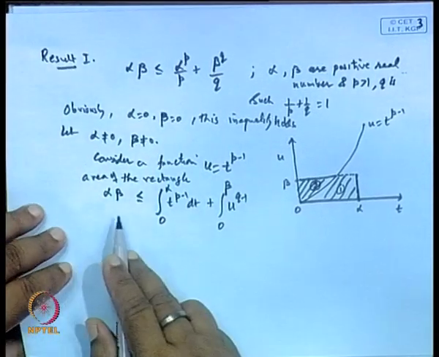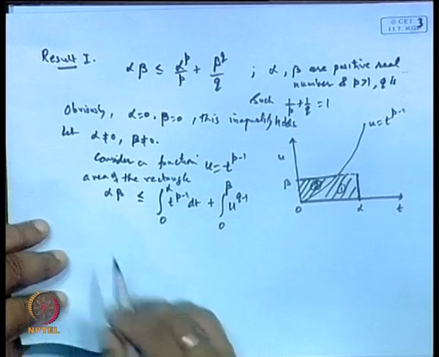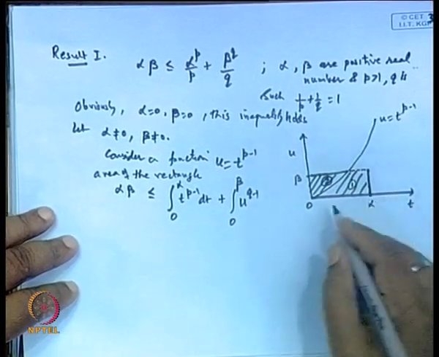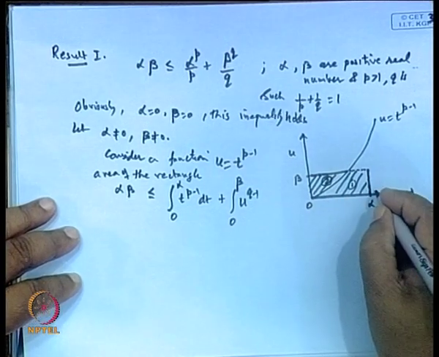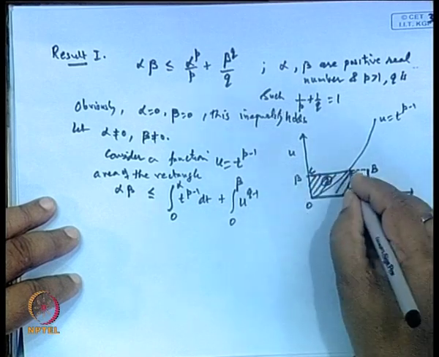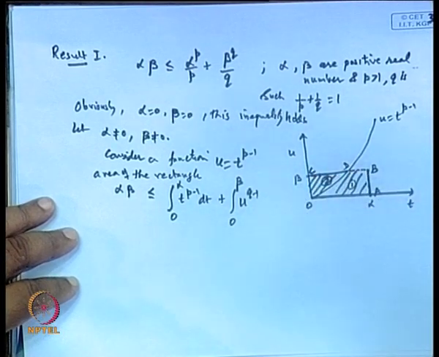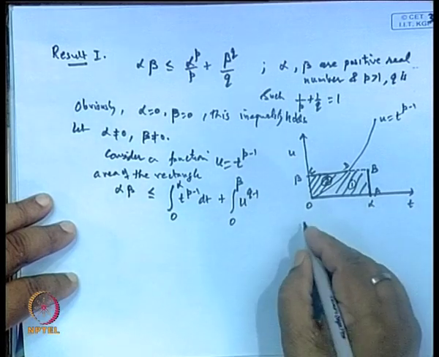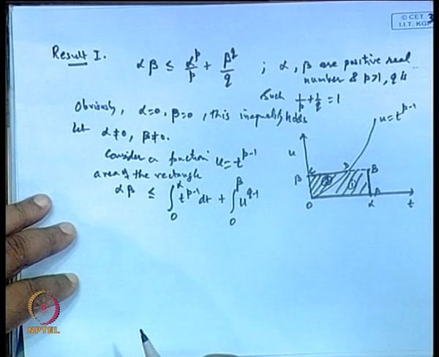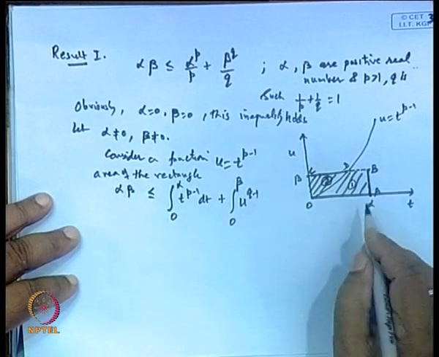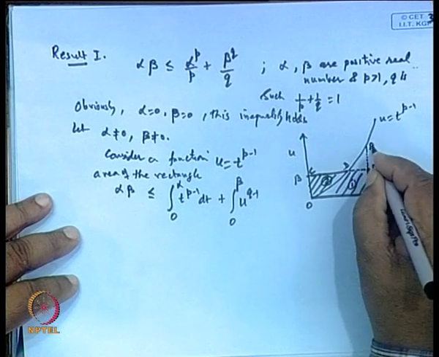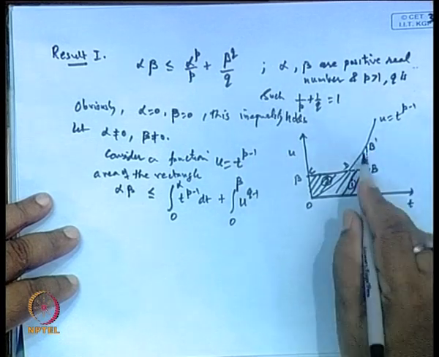Because this area alpha beta is the area of the rectangle. If I take this as A, this as B, this as C and this as D, then alpha beta is the area of the rectangle OABC. And this area is less than or equal to the area of this portion, say OAB dash, which